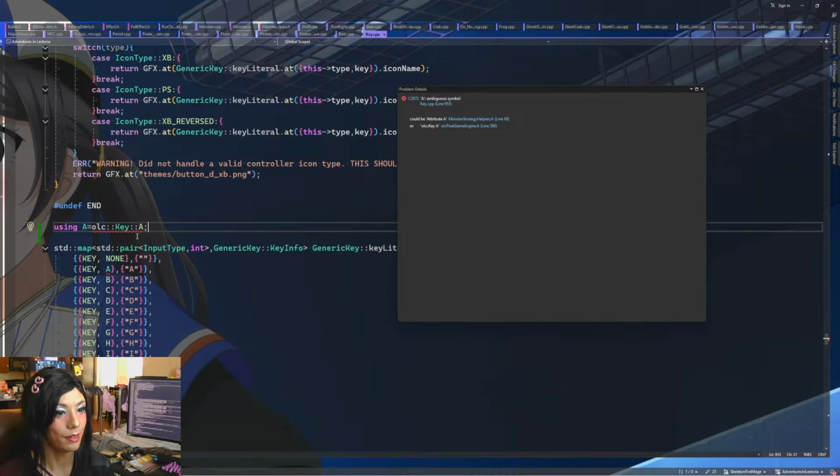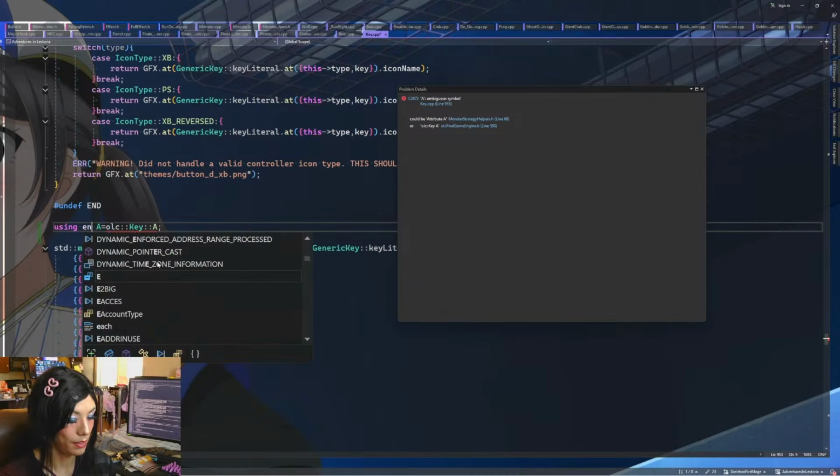What? Oh, enum. Wait, enum? It's an enum, right?